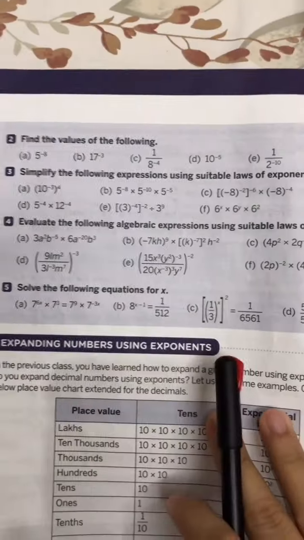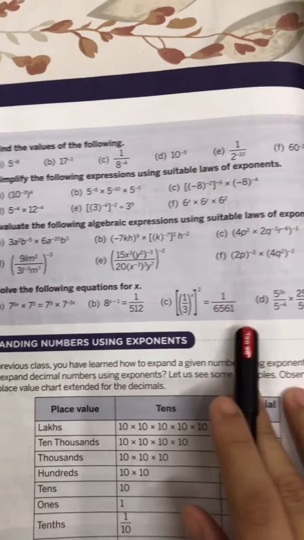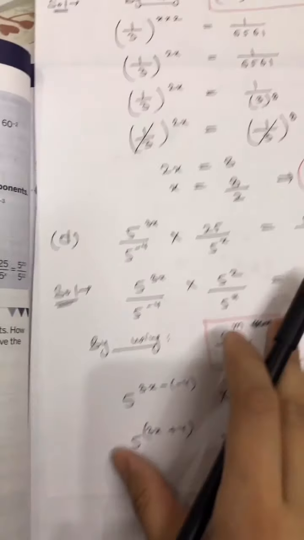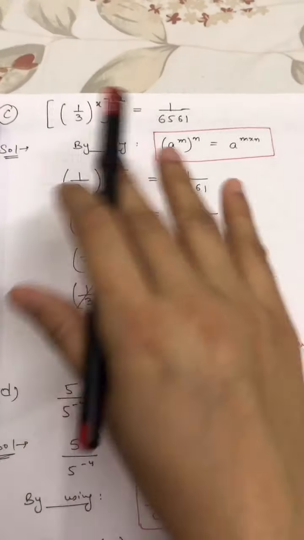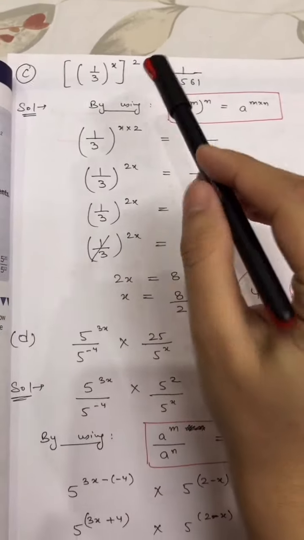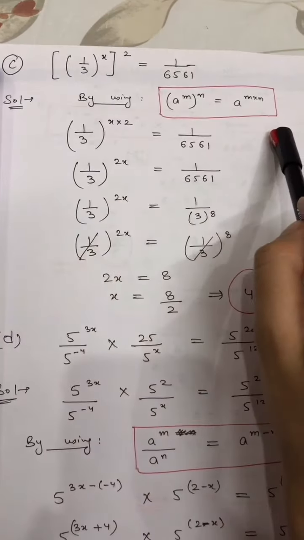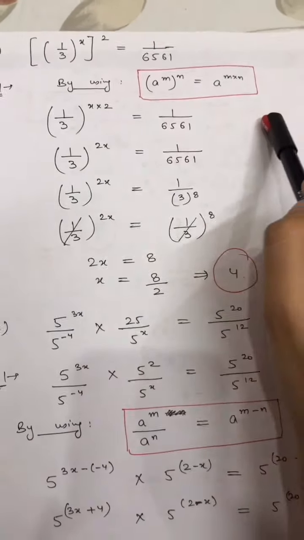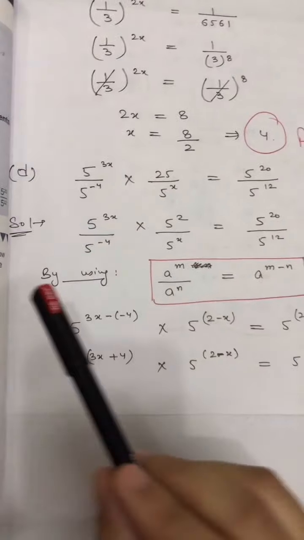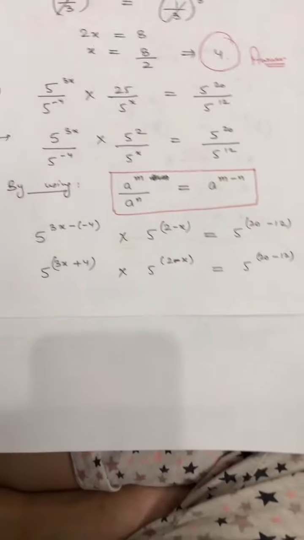Now we have completed exercise 2.1 with all the parts. I have explained all the parts with the proper law, the way you have to write. Everywhere I have written the law. Wherever I have to apply the law, I have mentioned the law there. I have highlighted that law, and I have highlighted the answer also. The same manner you have to apply the law in the test and in the fair notebook.